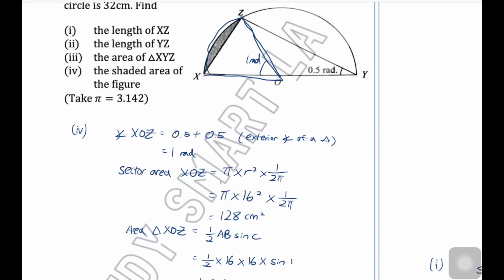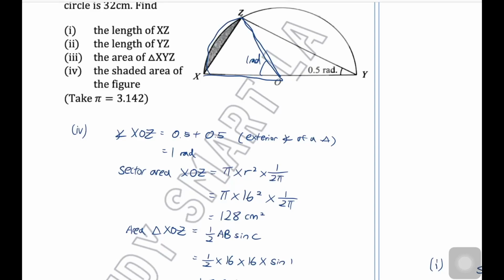All right. If the answer that you put into the calculator is not that nice, another way you can think of it is that this pi and this pi will cancel out. So essentially, you're doing 16 square multiplied by half, just so that you get this nice number over here. If not,